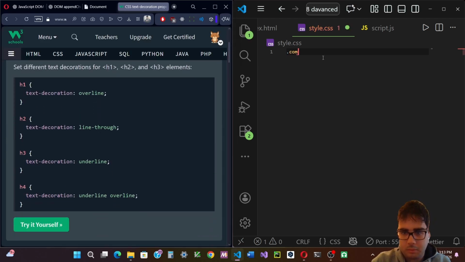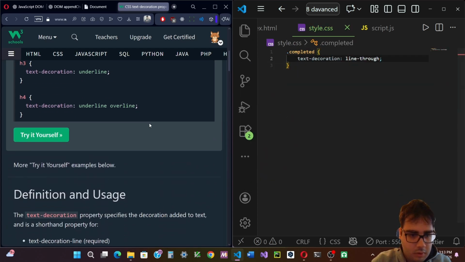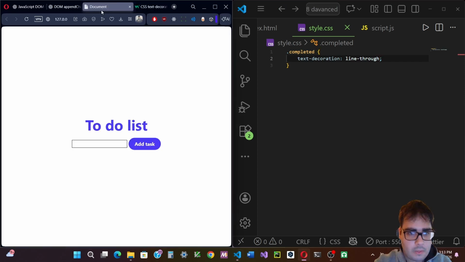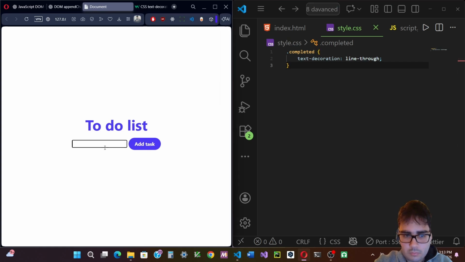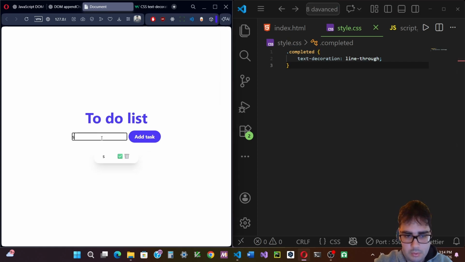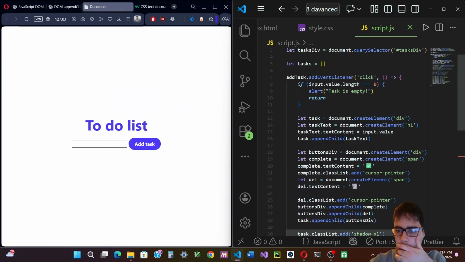Dot completed, text-decoration: line-through. Okay. Yes. Okay, but we will need to somehow